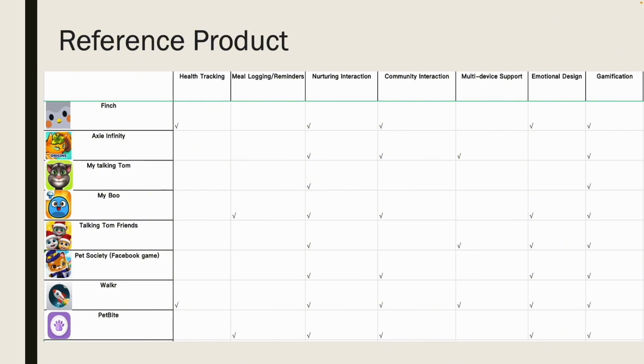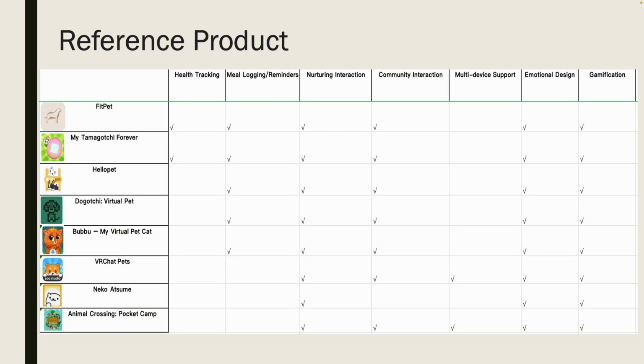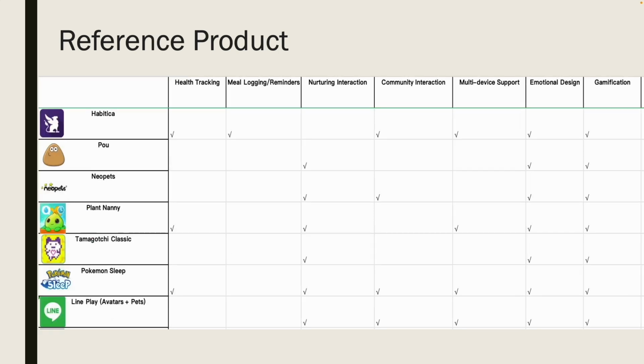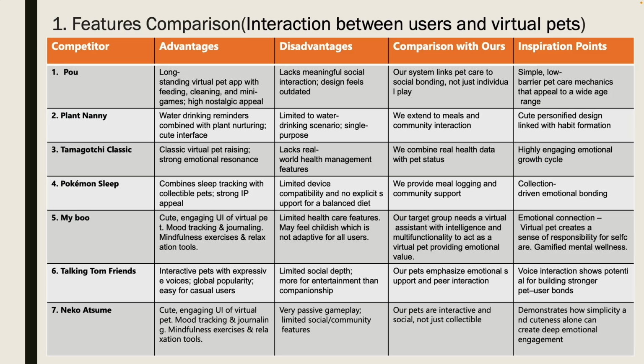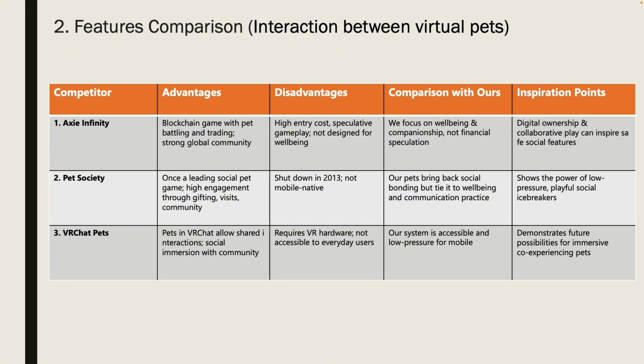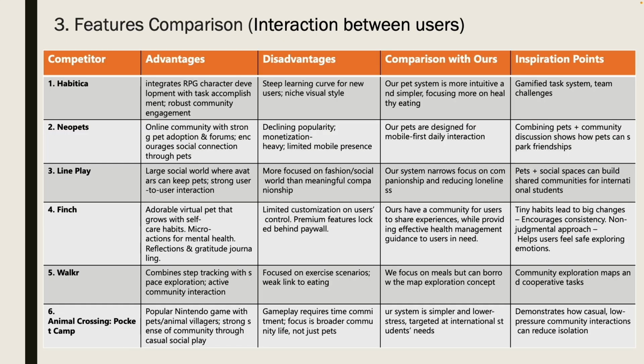Here are our reference products. We looked at two main categories of apps in this market: virtual pets and social media apps. When comparing competitors, we find most virtual pet apps only link to individual tasks like logging meals or drinking water, while in other systems, pets are often passive or just for entertainment. And when we look at user-to-user interaction, we find many platforms rely only on leaderboards or casual formats. These findings have led us to think deeply about how to create a more varied and better platform for our product.